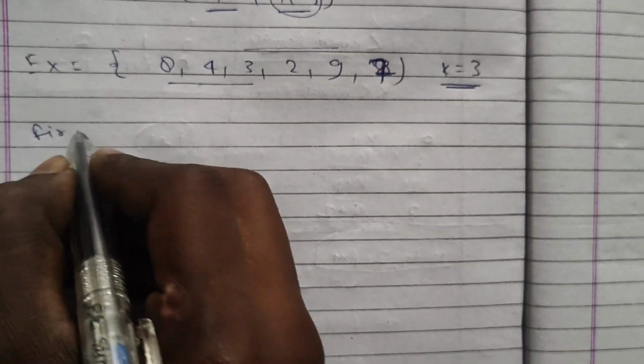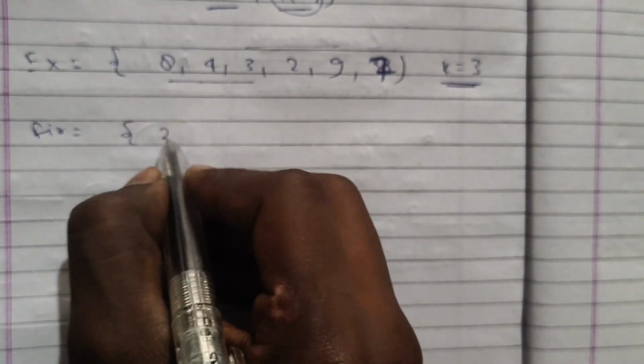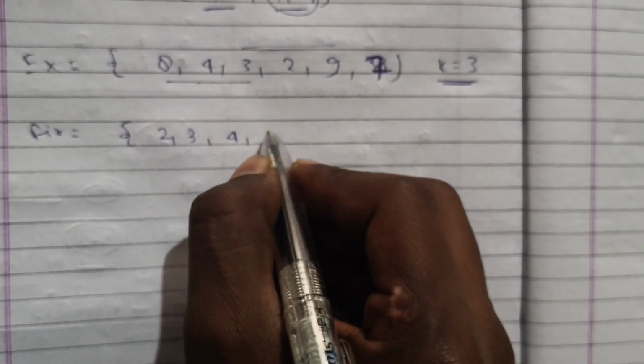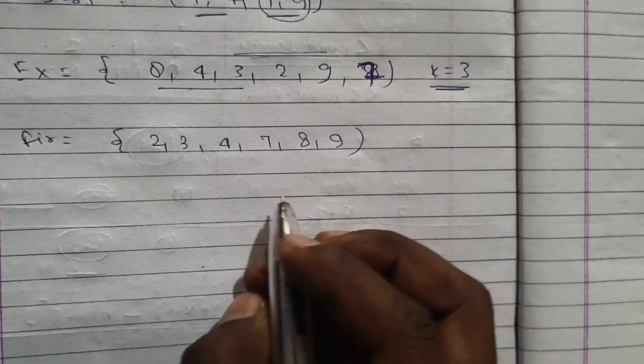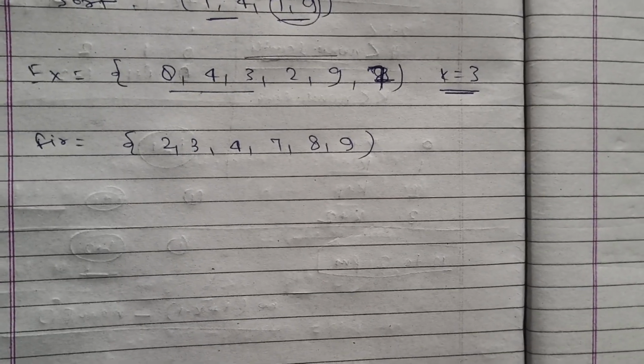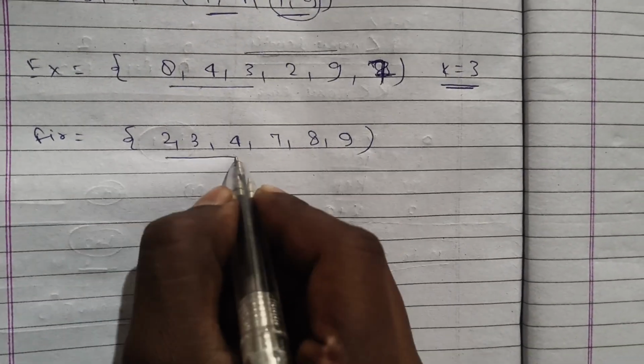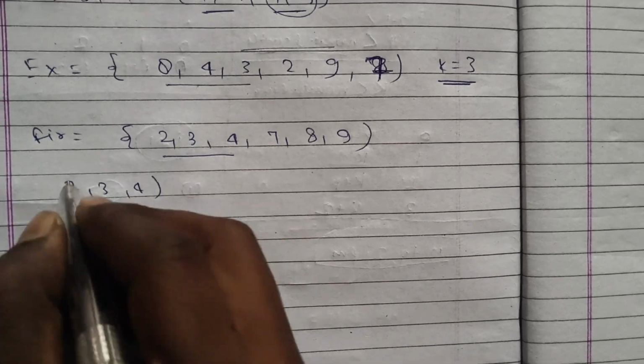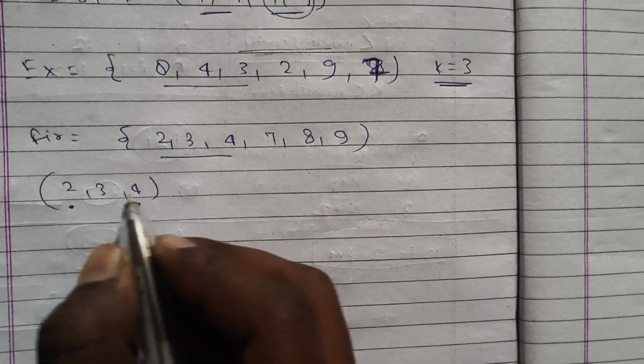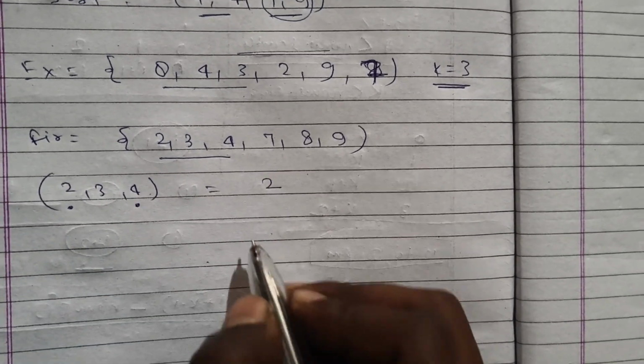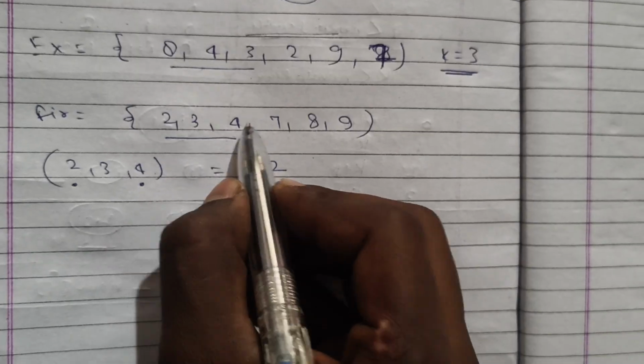पहले क्या करेंगे, first sort the array. Sort means 2 3 4 7 8 9. If we sort this array, then selection of three numbers like first pair 2 3 and 4, in which we have one maximum and one minimum, and the difference of these is 2. If we select 3 4 7,